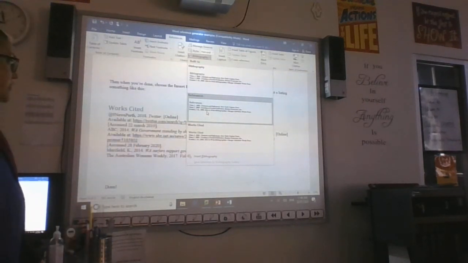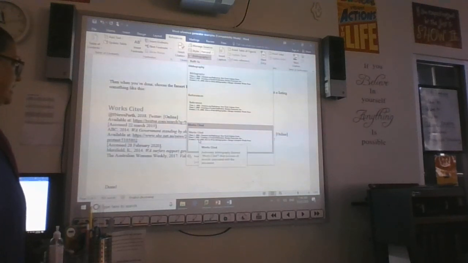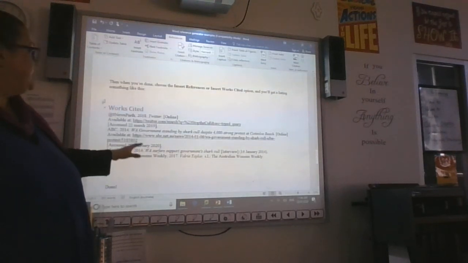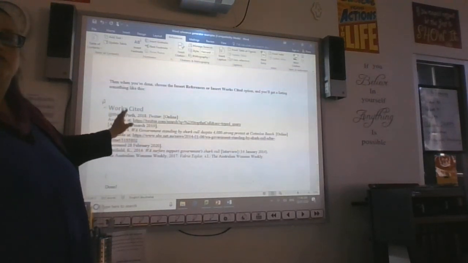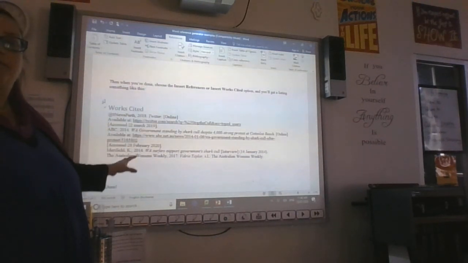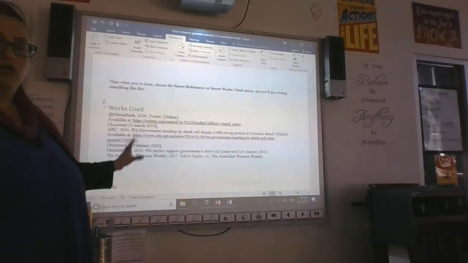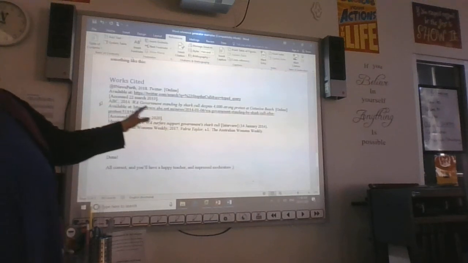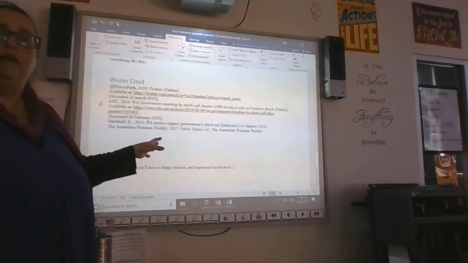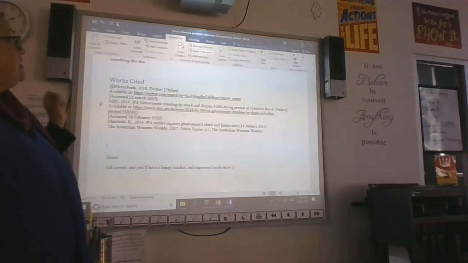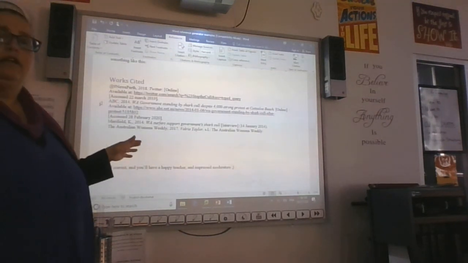So it's everything that has actually been used within your outcome, all right? When I chose works cited, which was this option down here, and inserted it where my cursor was, this is what I come up with. So it generates for me everything in the correct format, in alphabetical order, all ready to go, and I can put that on a separate page at the end of my outcome, all done and dusted, and you don't need to worry about it. And you're going to have a very happy teacher, and you're going to have some moderators reading your work that are impressed with how you've been able to do that. So that's how you go about choosing the